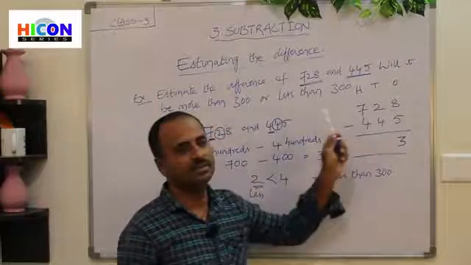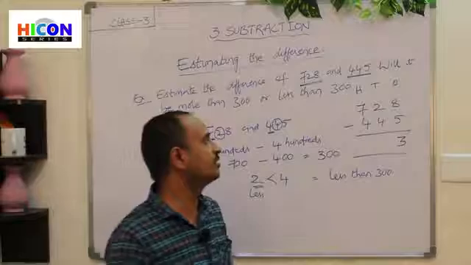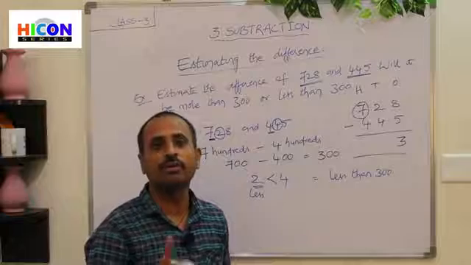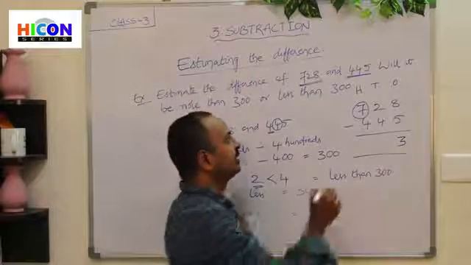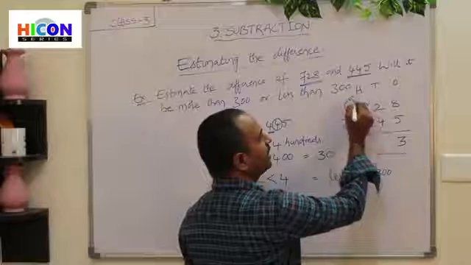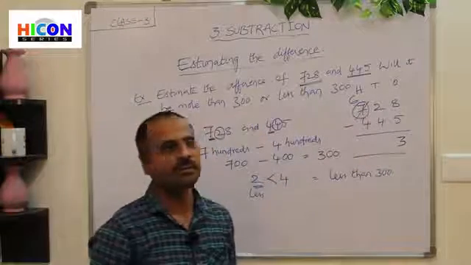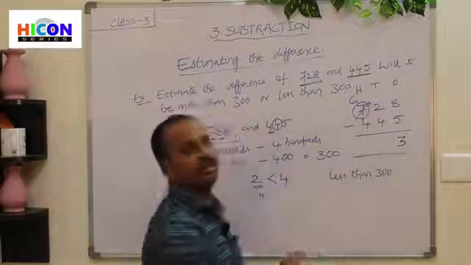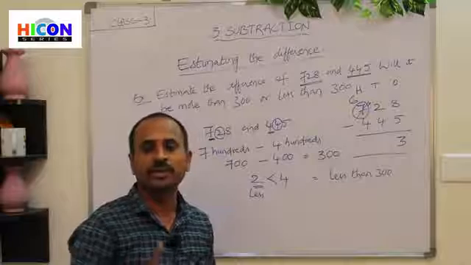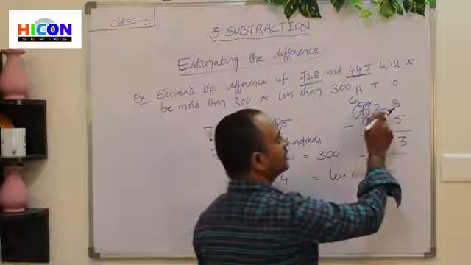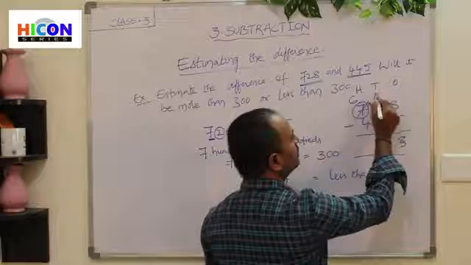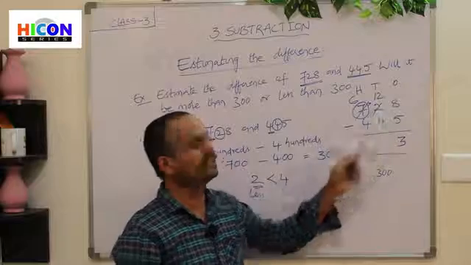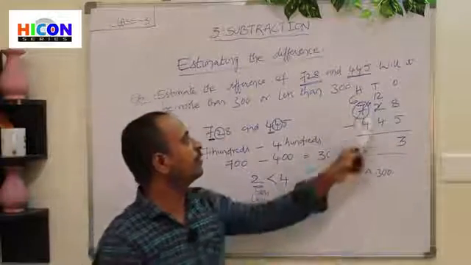What is its next place? 7. That means how many hundreds are there? 7 hundreds are there. So borrow 100 from 700. If we borrow 100, then how many hundreds will be there? 600 will be there. And carry this 100 to the tens place. If we carry 100 to the tens place, it will become 10 tens. So already there are 2 tens and the total becomes 12 tens. So now do the subtraction. Because 12 is the greater number and 4 is the smaller number, we can subtract 4 from 12.